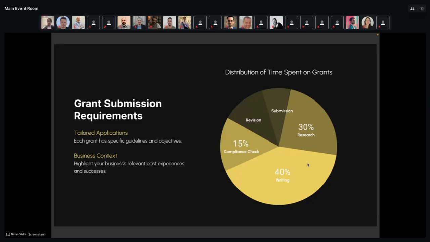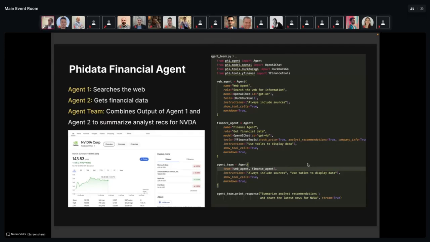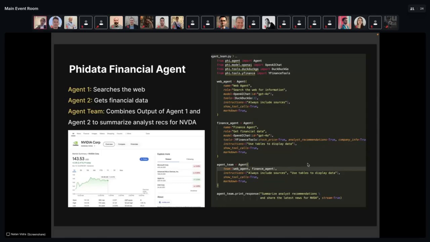So you can imagine in a general software engineering framework, you might have a series of APIs for each of these things, but with agents, ideally, there could be a way that you can use tools like writing, researching, using the web to automate this process. And we built something related to this too. Obviously, there are use cases like finance, right? This is an example using the PhiData framework where you might have a web agent that searches the web, a finance agent that can grab information about stocks. Then maybe you'd want to call these in the team to summarize information on a specific stock you're interested in.